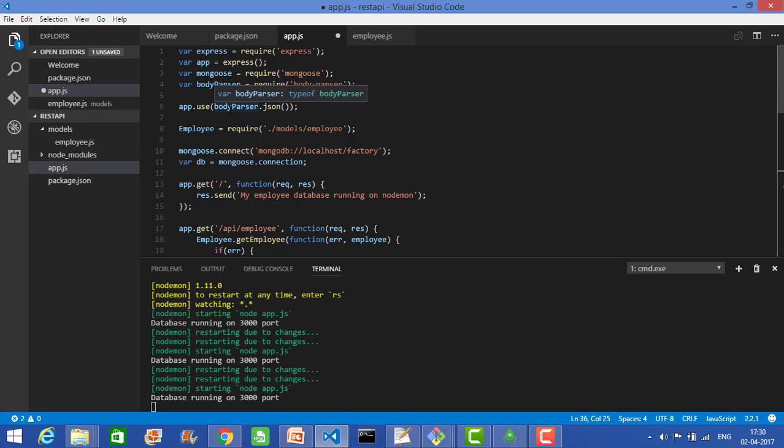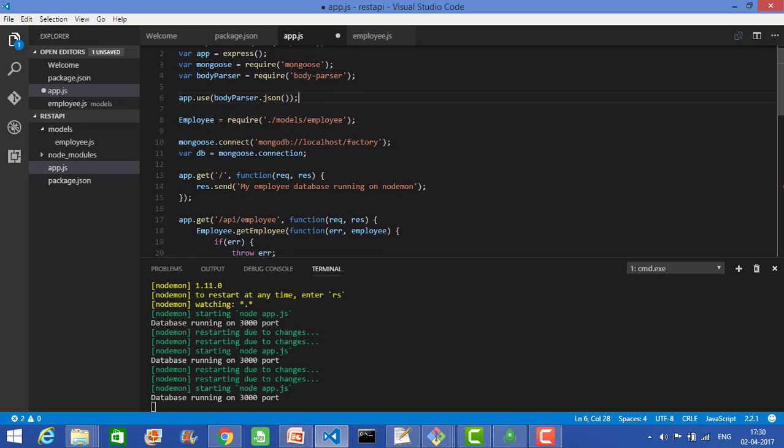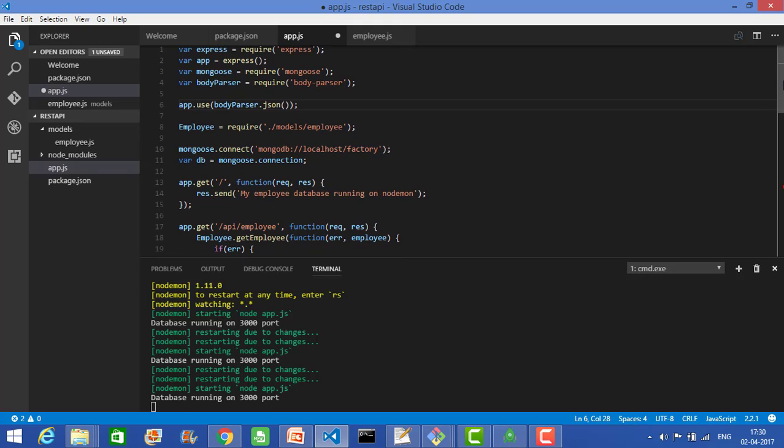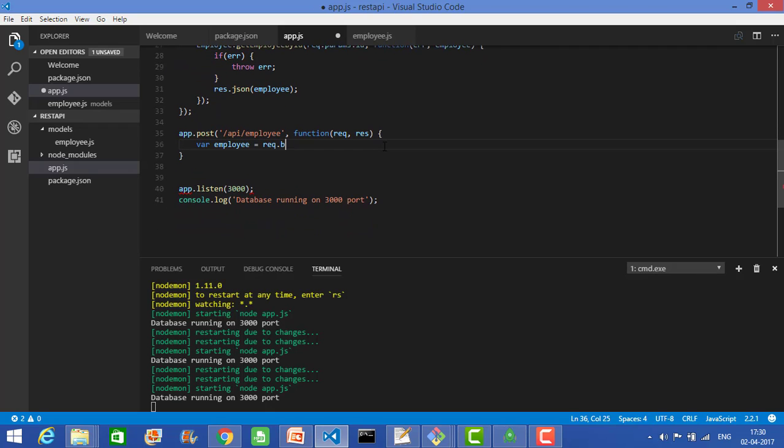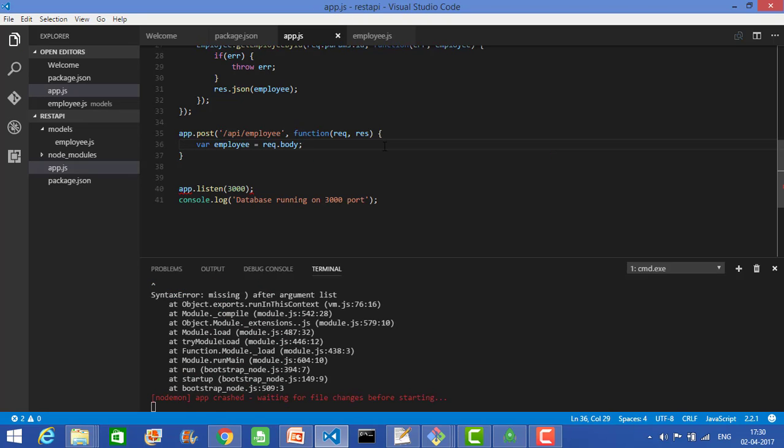for using the post call, you just write this line: app.use(bodyParser.json()). So once you use this line, then we can use the post call, because we are using body parser, so that is why it is required. So now if you go here and write body, then it will understand this one. Okay, so what that body, and let me write this function, and